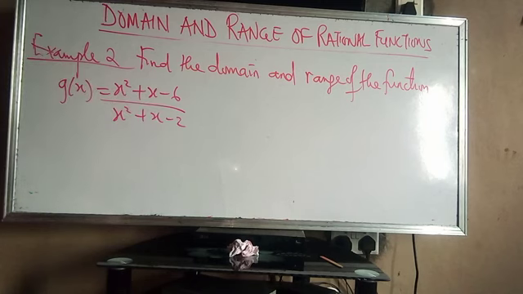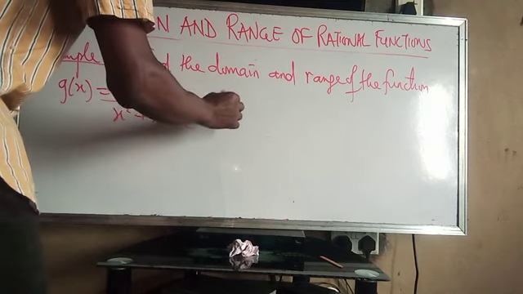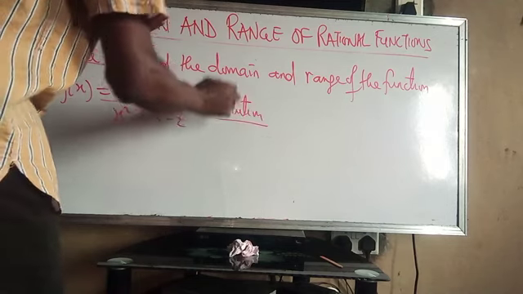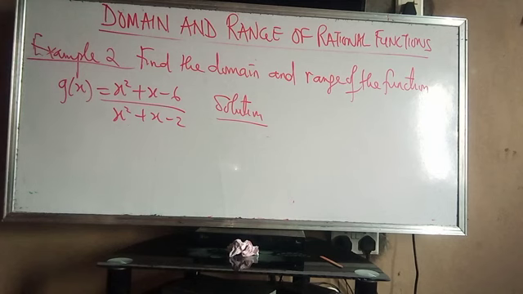Just like the first example, for us to find the range and domain, we have to follow closely the steps. Now, to find the domain, that means we want to find the values of x for which this expression